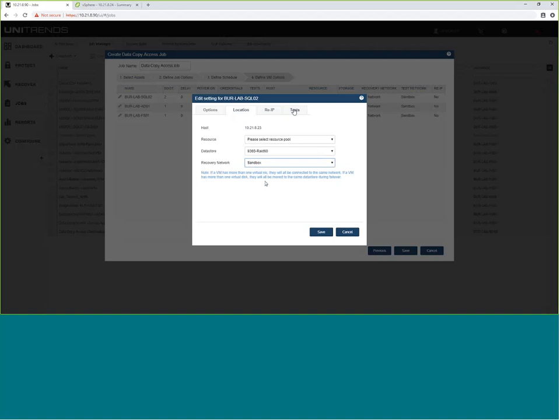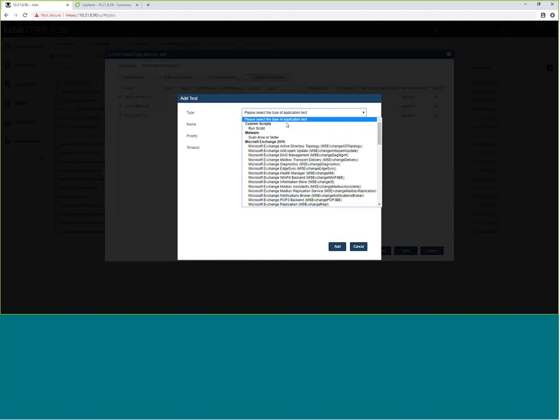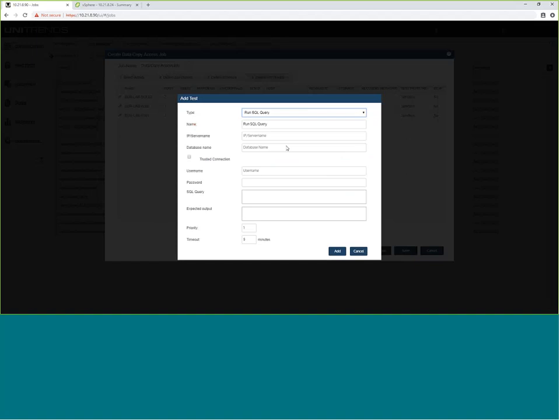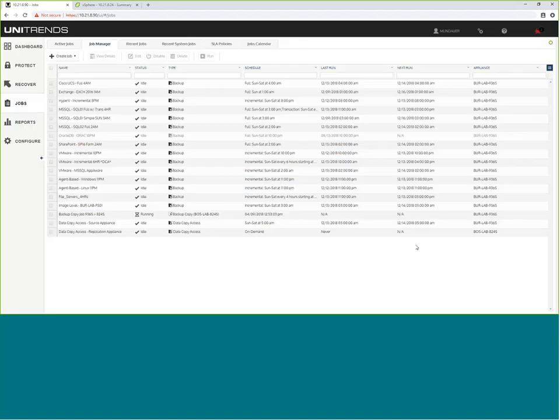You can re-IP the machine on restore, as well as select a specific test. So I've mentioned the different kind of tests you can run, whether it's a PowerShell script, a malware scan. This gives you that granularity and application or file level validation to understand that, for example, the SQL data from a specific table is what you would expect it to be. And we're just connecting directly through Active Directory in that isolated network to access that database and run that query to validate that application data. And so that test will run. It'll spin up all of your machines, run those executables, tear it down, and send you that report that I